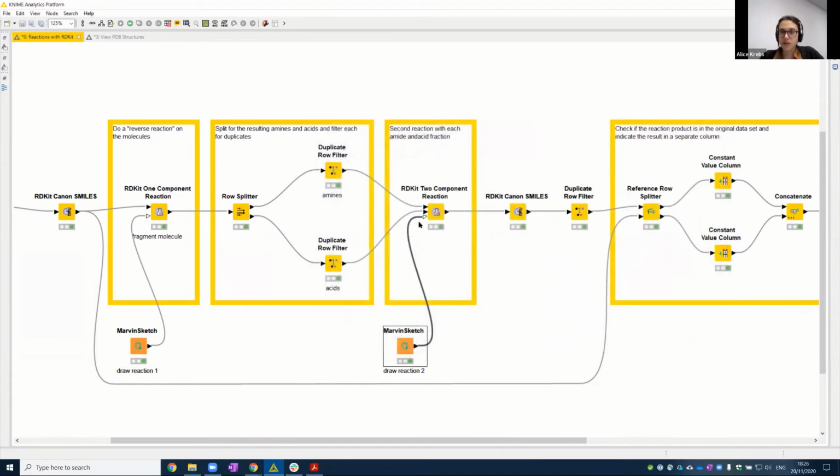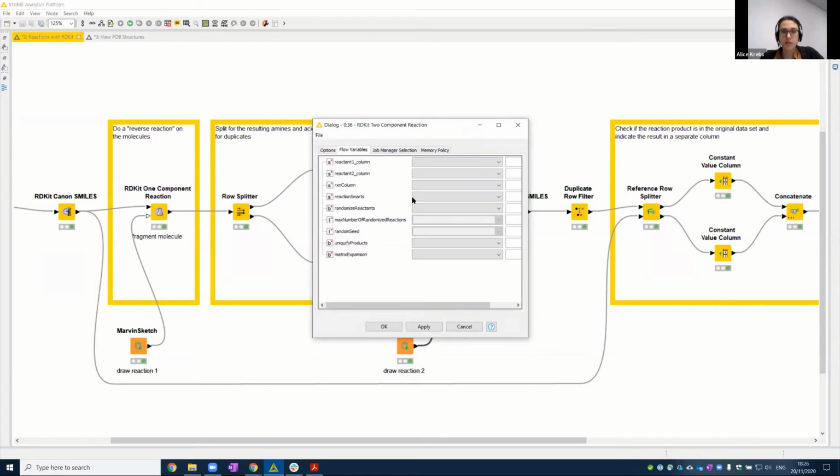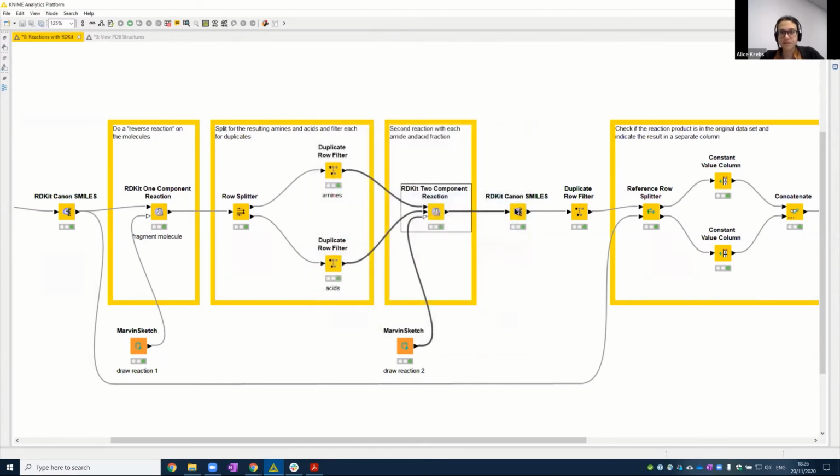If you don't want to use the Marvin Sketch and you feel more comfortable doing that with SMILES, you can also do that as a flow variable. So in the first tab, you can see that it's asking for a reaction column. If this is not suitable for you, you can also go to the flow variables tab and feed it some reaction SMARTS as a flow variable. So what's coming out of there